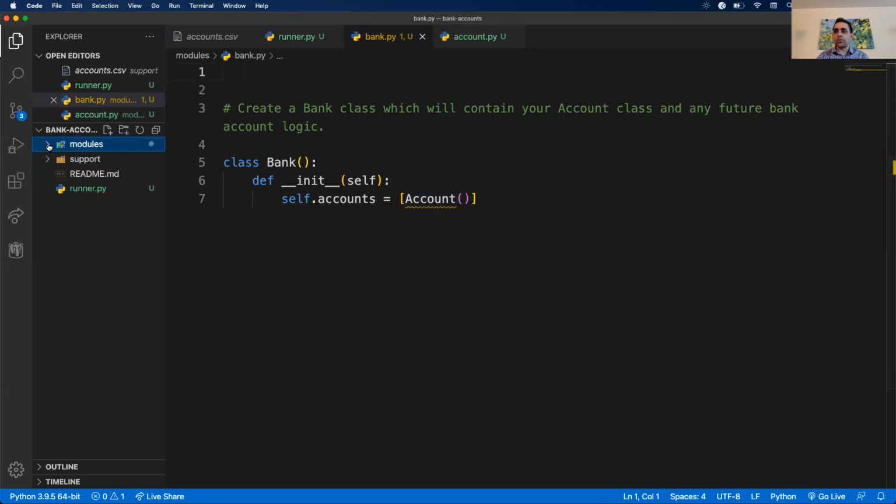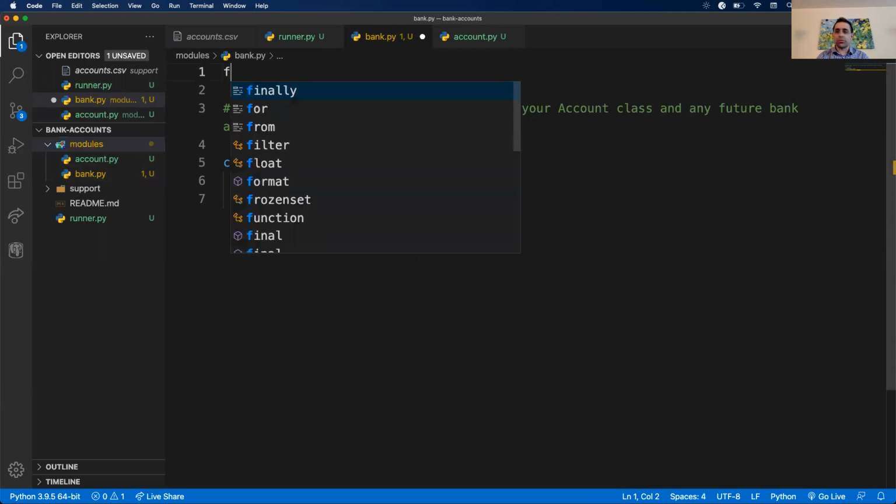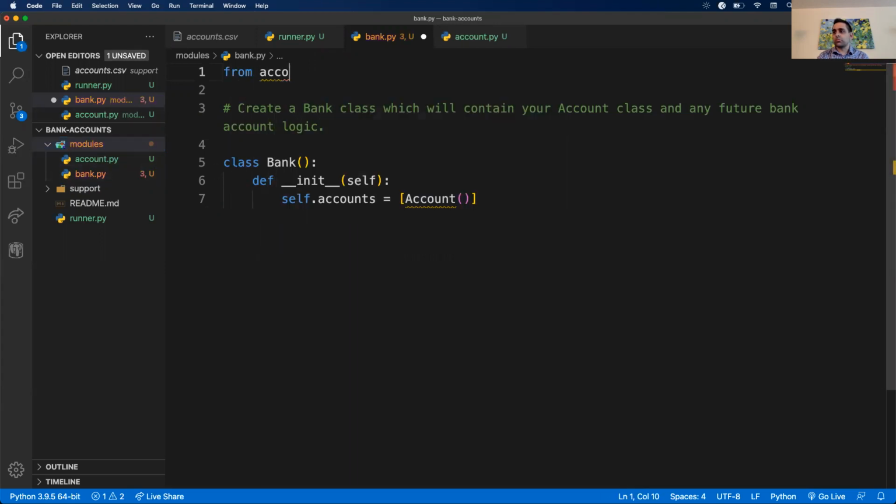So I'm in my modules folder, so I'm going to leave that out because bank and account are in the same folder. So I can just do from account import. Okay. All right, so now we actually have access to the definition of account and we can use it here. If we didn't have this line, Python would complain that it doesn't know what this is. But